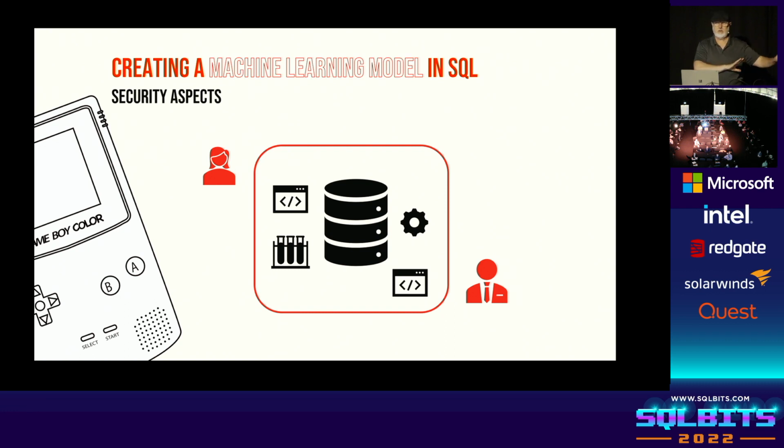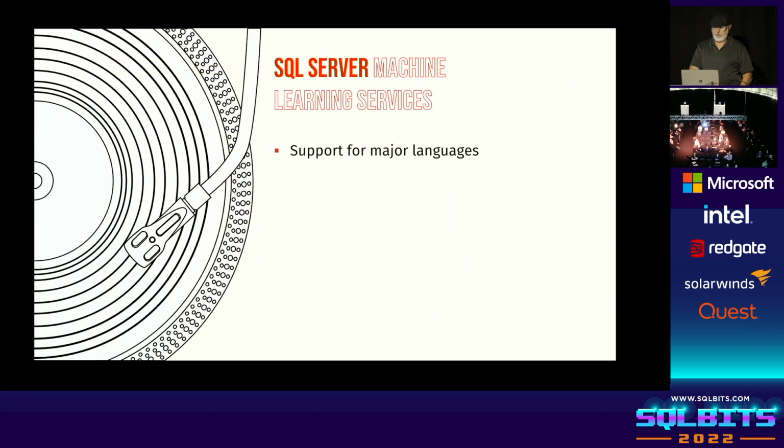They can stay in R, they can stay in Python, they can stay in Java. Let's see how they do that. We have support for the major languages, R, Python, Java, and we've open sourced the parts I'm going to show you in a moment so you can actually create your own. You want to use Go or Rust, knock yourself out. We don't mind. We have SQL Server Integration Services for data engineering. Oh my gosh. If you've never played with this and you're a data scientist, when I show them what they can do inside SSIS, some of them have physically cried because it's years of their life they've had to do the same things that SSIS does with drag and drop.